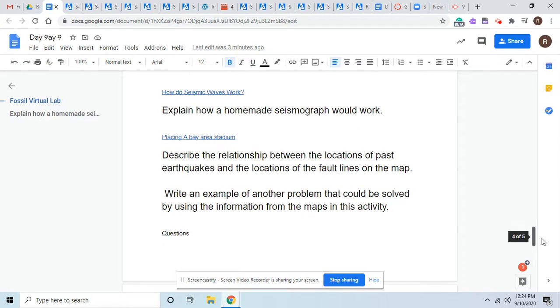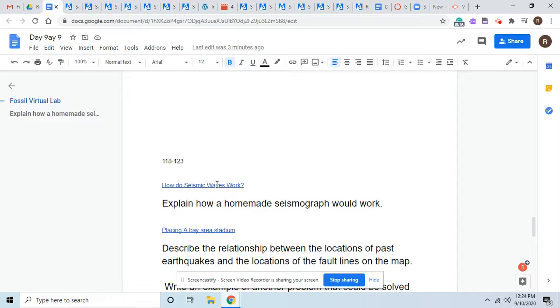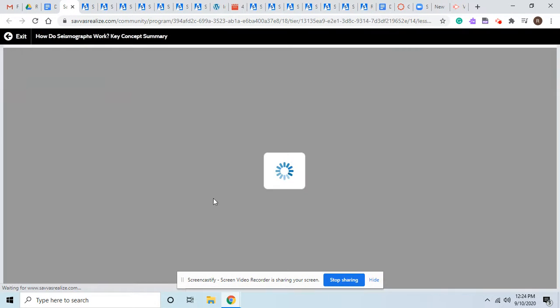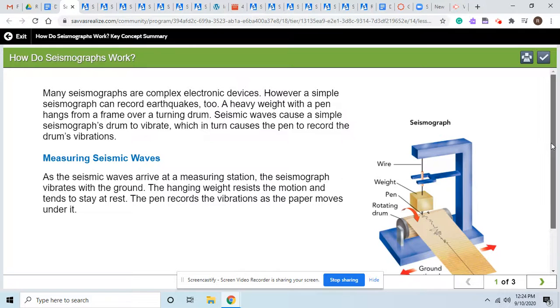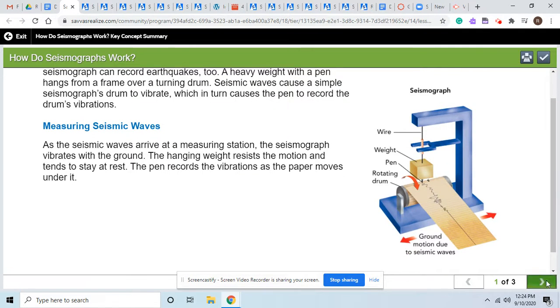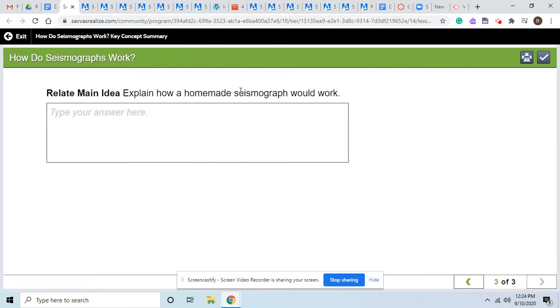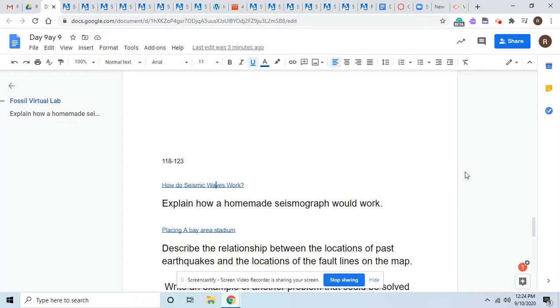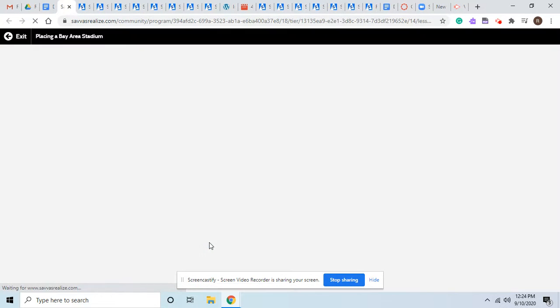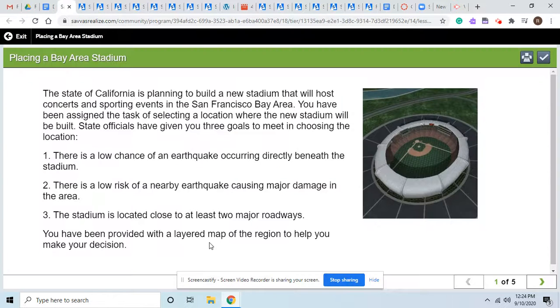The first activity is how do the waves work? After we've read, we'll see the machine, see how the machine works, see the different waves, and we will answer the question: explain how a homemade one would work. Then the second one is a neat one. If you're a baseball fan and you remember when the Giants and the A's played, they had an earthquake during